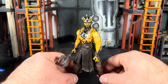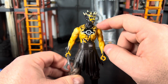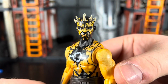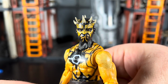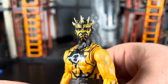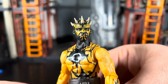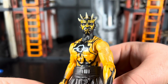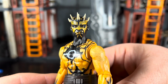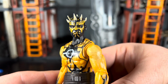But anyway, I digress. For the most part, some of the line work is a little spotty. Over here on the face, just bringing it in really close for the face sculpt, the mouth line work is actually a little bit off, and you can actually tell. Now, some people were trying to tell me that, oh no, if you actually look at the card artwork, it's actually supposed to be off. No, it's not. If you look at the game models,